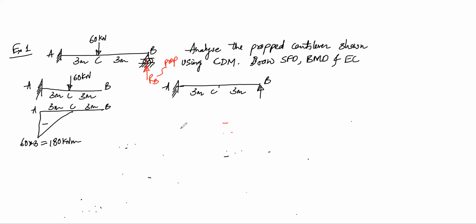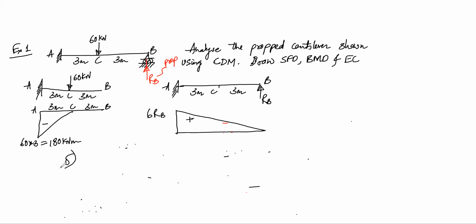And similarly, for this beam, I will get a sagging bending moment diagram like this, and I will take this prop as RB, and the moment here will be RB multiplied by 6. This will be my sagging bending. Okay. So once you draw the bending moment diagram, you can apply your consistent deformation equation, that is